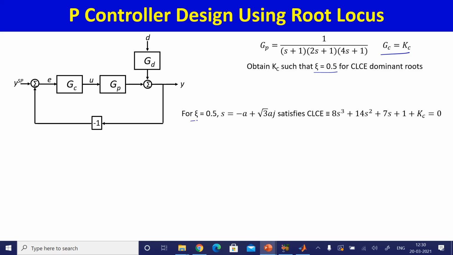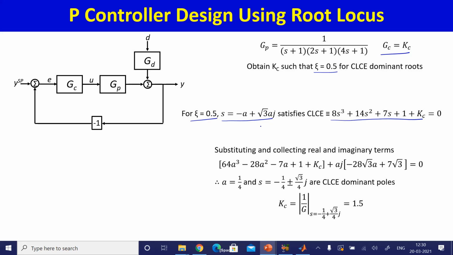Now for a damping coefficient of 0.5, S equal to minus a plus square root 3 a j satisfies the closed loop characteristic equation, which turned out to be this. So if we substitute S equal to minus a plus square root 3 a j into the closed loop characteristic equation and do the algebra, we get a real part and an imaginary part that should be equal to 0, and the imaginary part gives us a equal to 1 by 4. So S equal to minus 1 by 4 plus minus square root 3 by 4 j are the closed loop characteristic dominant poles, and for this